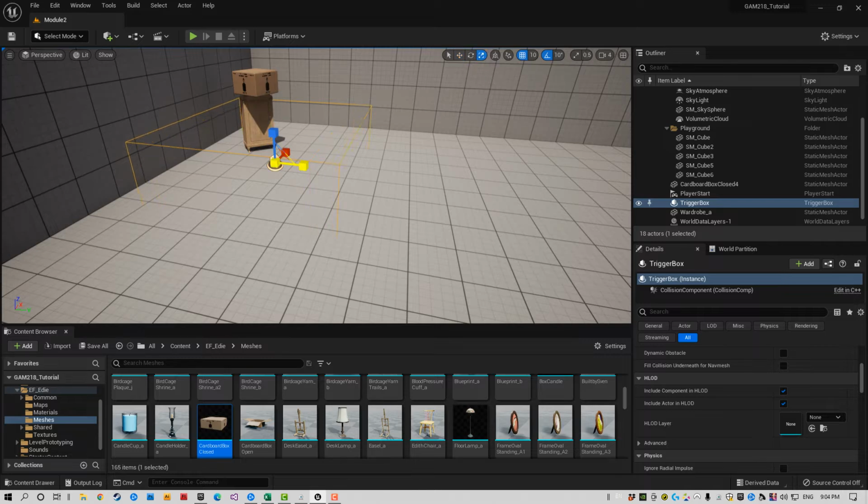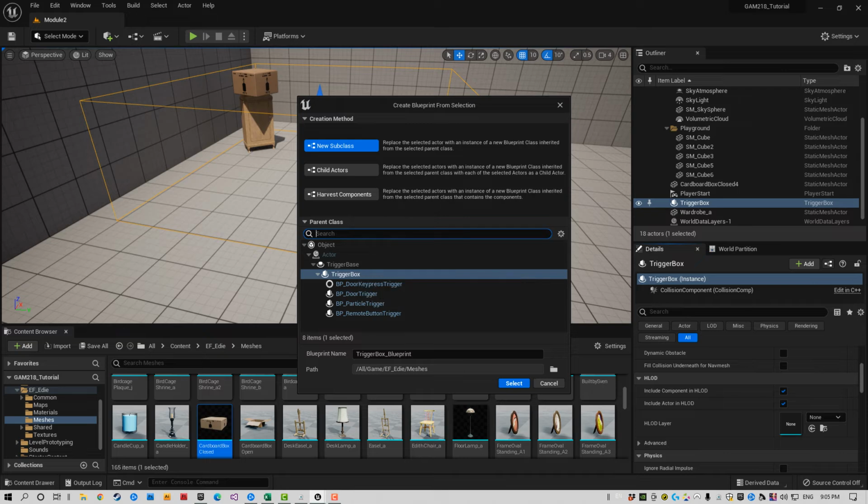So let me continue to expand this to make my trigger nice and big. All right. So there's my trigger box. If I get close to this object, I'm going to activate physics and we're going to make it fall. So I'm going to take my trigger box that I've just created, that I'm going to be able to enter and overlap with, and I'm going to turn it into a blueprint. To do that, as always, we select our object, we click the little button to turn it into a blueprint. I'm going to give mine the name BP Box Physics Trigger, and I'm going to make sure that it's in